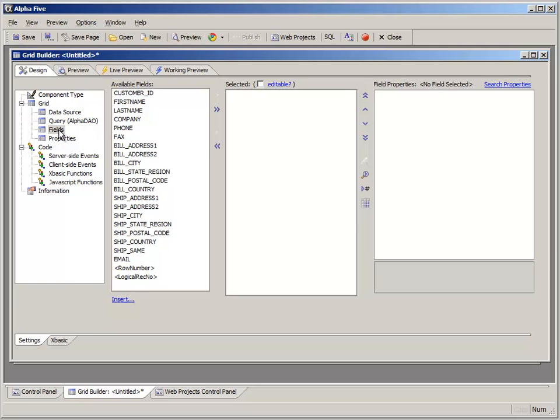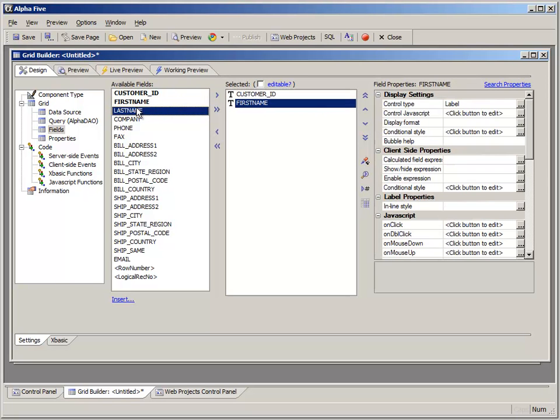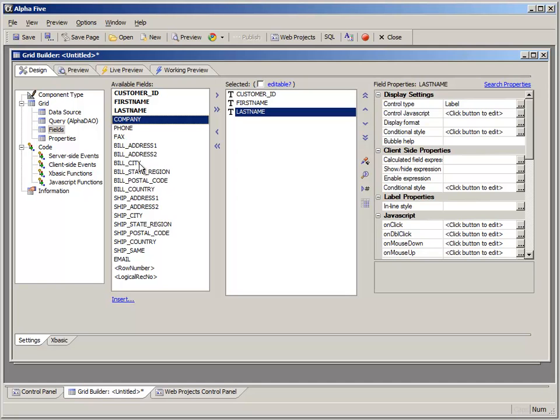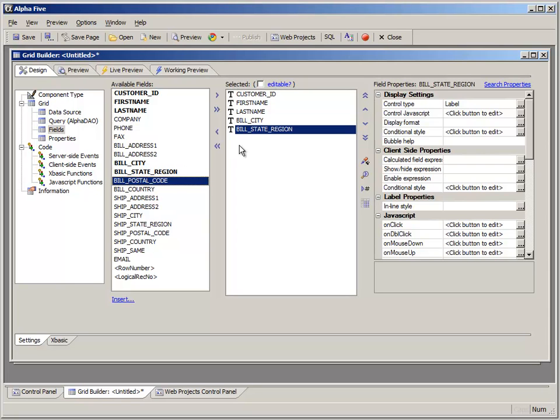So here in the customer table, we have these fields available. Let's go ahead and put the customer ID over here, and the first name and the last name. Let's do what we did before in the SQL Query Genie. We'll put the bill city and the bill state region over here as well. All right, this is a good pause point in terms of looking around and seeing what we have here